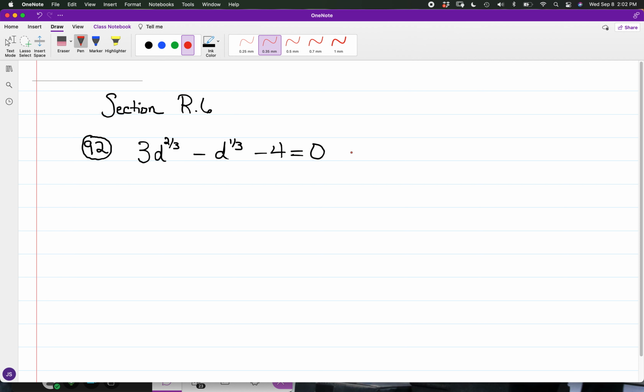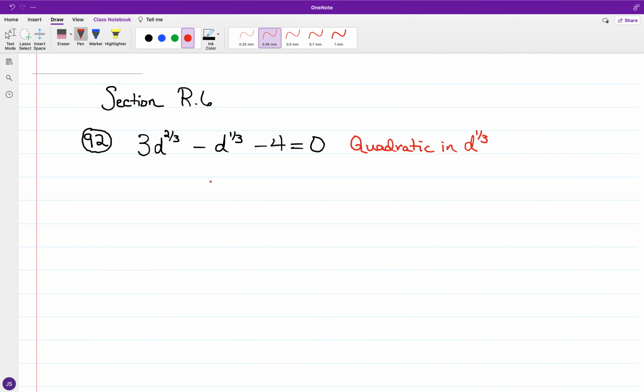And so we can say that this equation is quadratic in d to the 1/3. And I can factor this equation because I had the right coefficients,